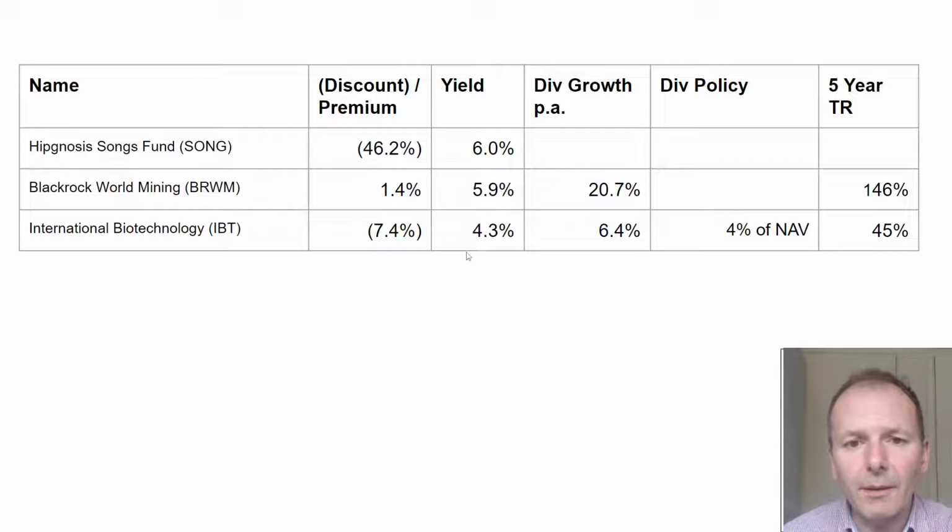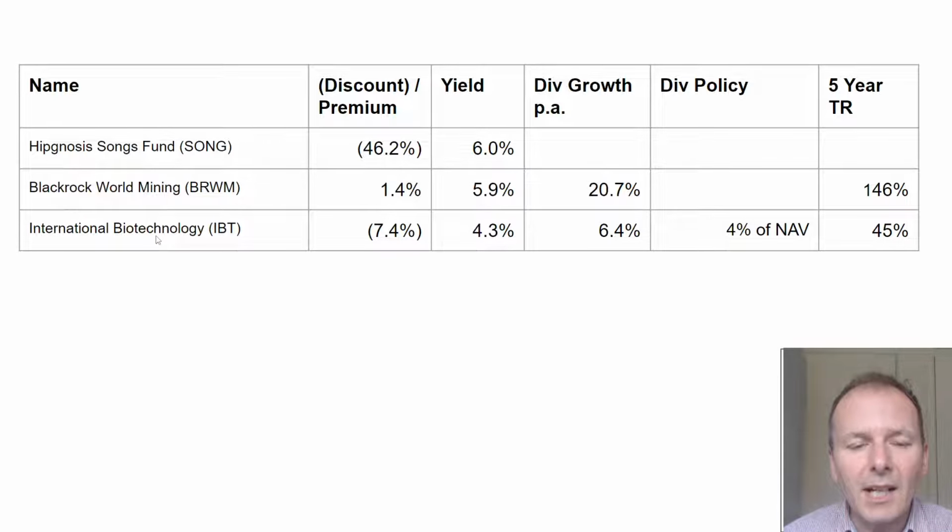Next up, we've got the more miscellaneous end. So we've got song royalties, potentially interesting. We've got world mining, but if this is on a premium to net assets, it's just quoted companies. So that's saying that there's a bit of excitement around mining at the moment, and it's probably best to buy this one when it's out of favour rather than when it's very much in favour, even though the returns have been good. So we could get some mean reversion here, or maybe we're at the start of another commodities super